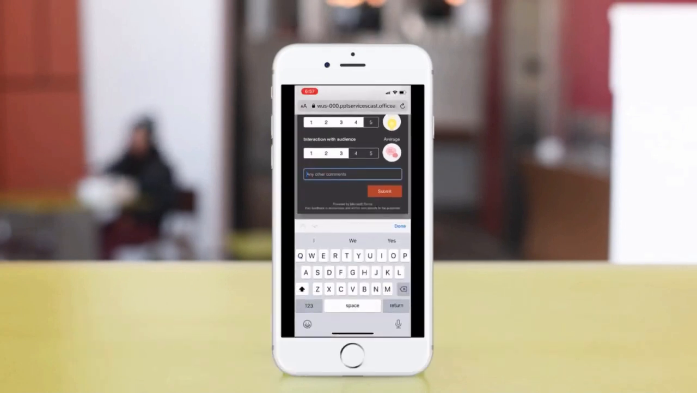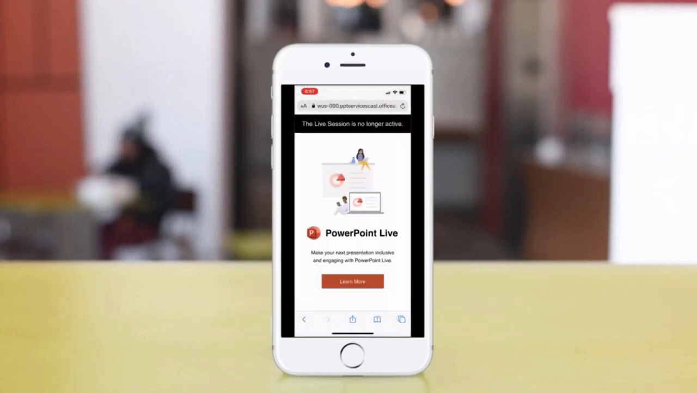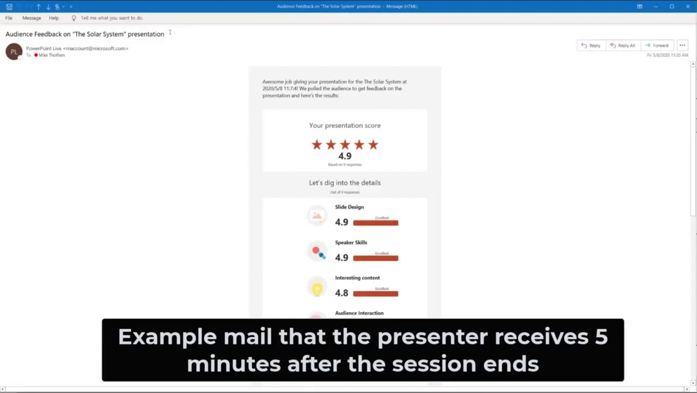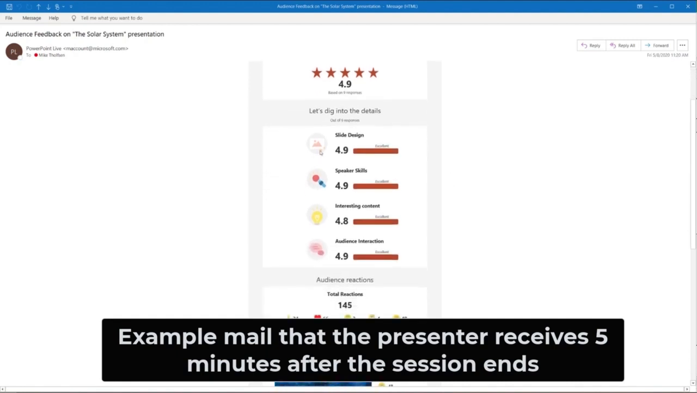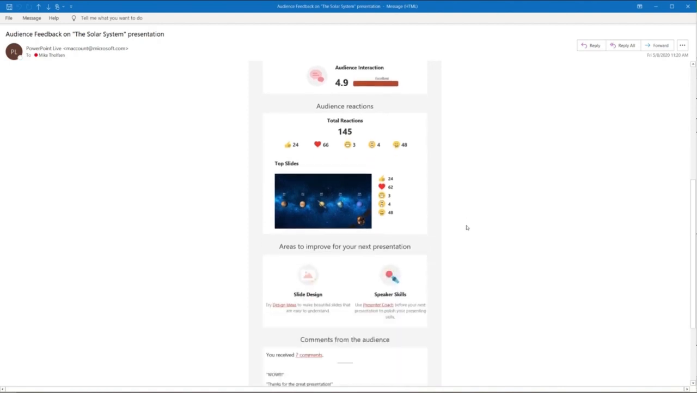They will be able to fill out that feedback. So as a presenter, it allows me to gather feedback and understand where I'm doing well and where I can improve. Now, when I click end session, what's going to happen is that in a couple of minutes, all of that data will get aggregated and me as a presenter will receive an email to capture all of that information